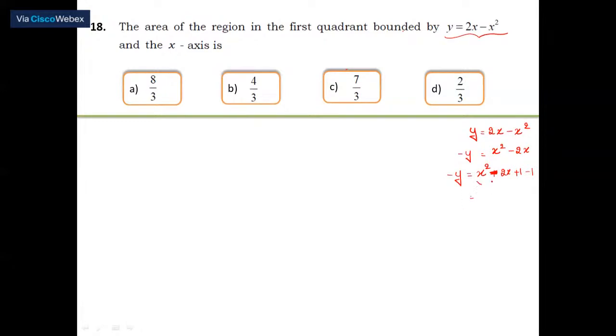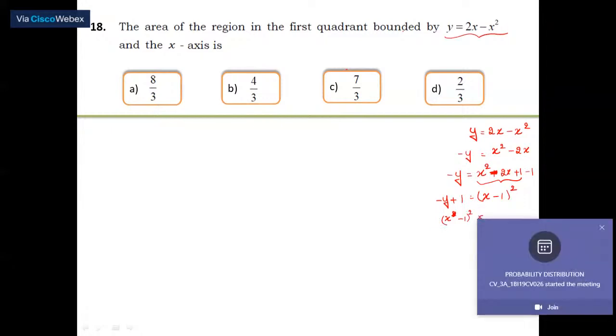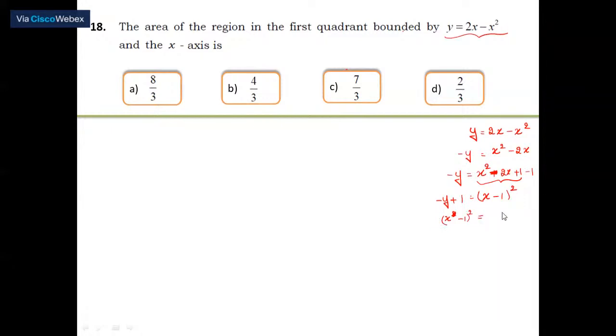Then this x square minus 2x plus 1 is nothing but x minus 1 the whole square. And when we consider this minus 1 to LHS, it's minus y plus 1. Or we can write this equation as x minus 1 the whole square is equal to minus of